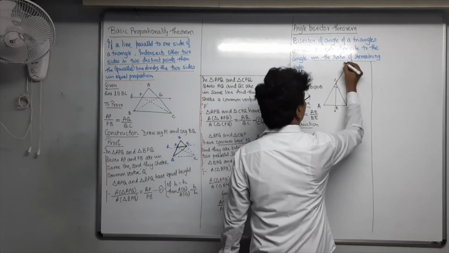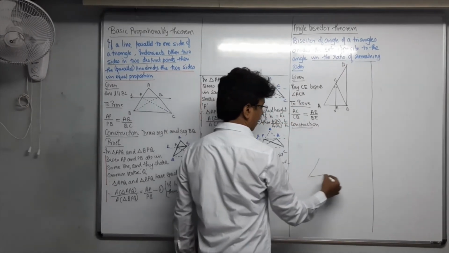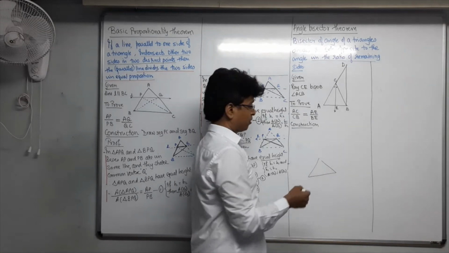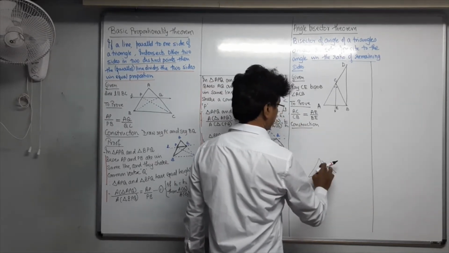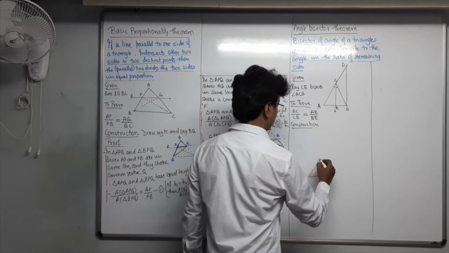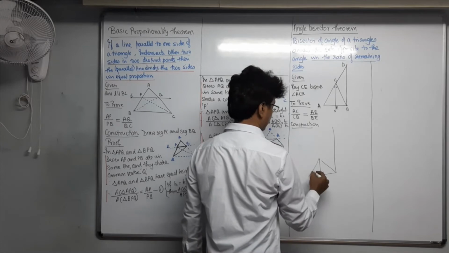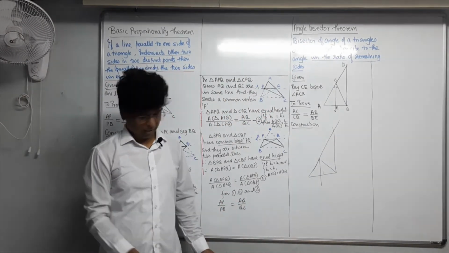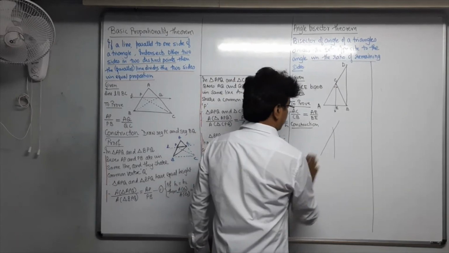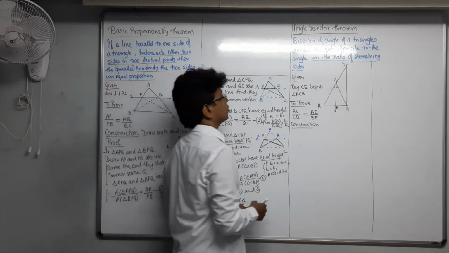That's why I was wondering how to draw, how should I keep the triangle. Usually I draw a triangle nicely flat and all. But if this triangle I go to draw, so this ray will be something like that, and then this will go, and then this will go and hit up. So that's why I was taking some time. So how to draw the diagram. So this is what it will be.